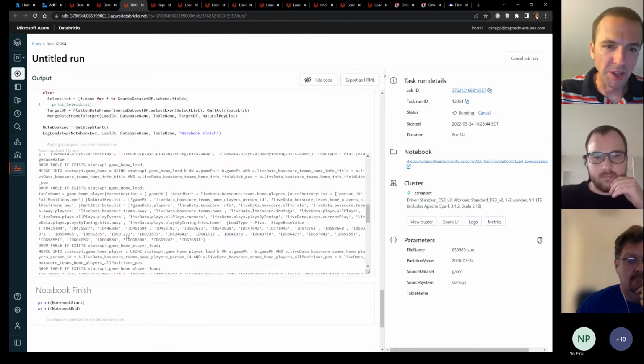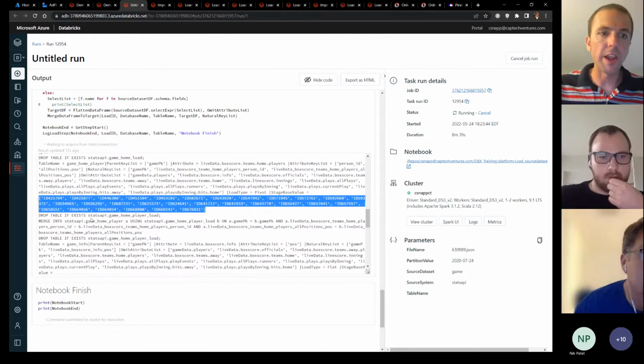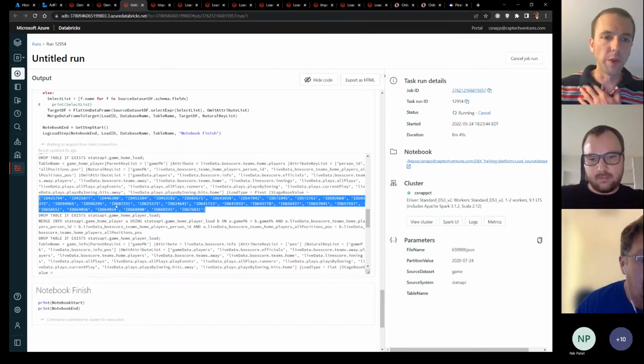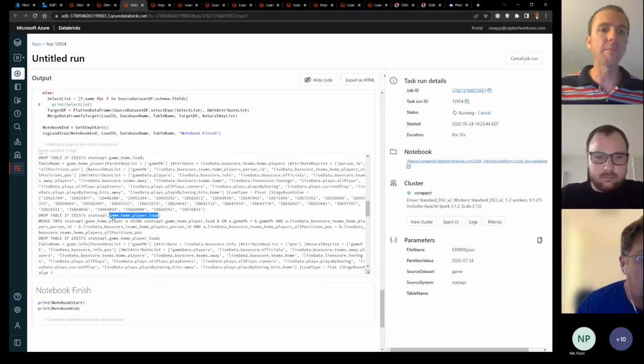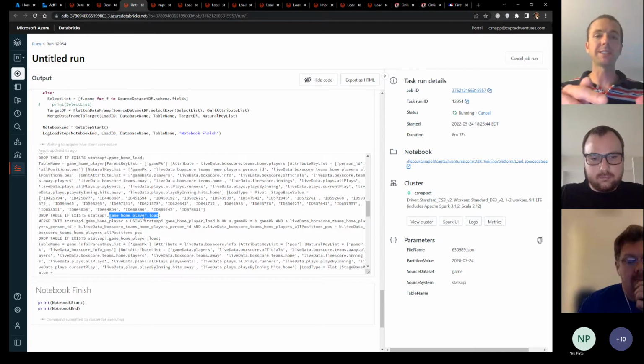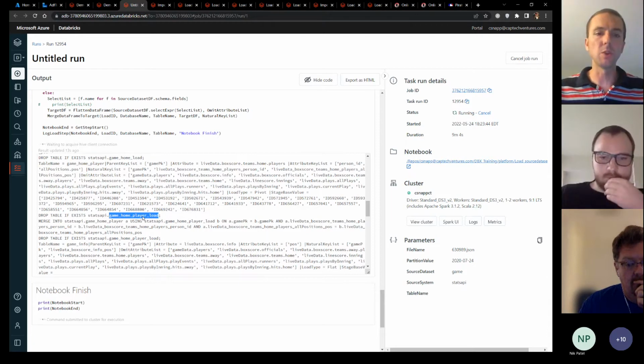You can see the output here is almost undigestible, but this is what it was, this array right here of IDs stored with all their elements. And so it's pivoting these IDs into rows of data in that target table. So when we look at the fact that I'm loading the game home player table, that is configured as a pivot. So when it hits that attribute that it's looking for, it knows to say each of these attributes gets a row in the table. So that was definitely a unique thing that we had to be able to handle for this particular scenario.